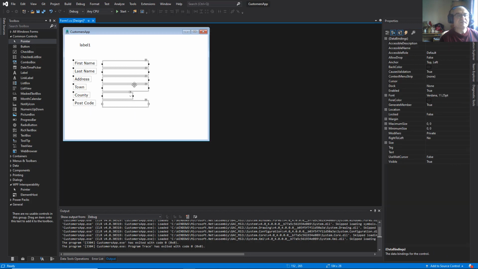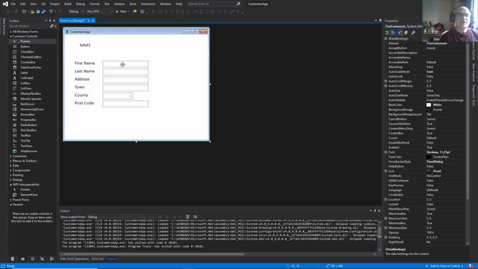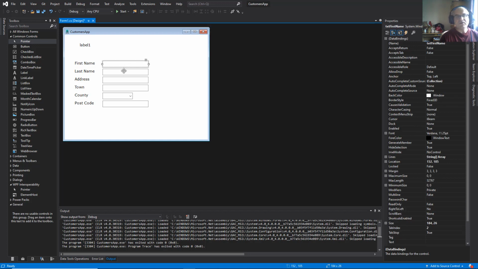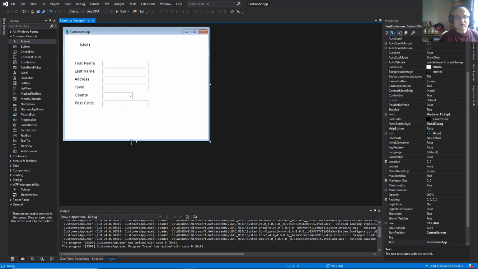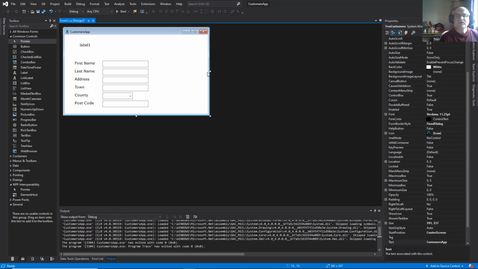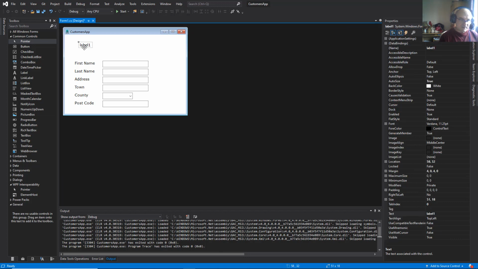So these are the entry data for the customers: the first name, last name, address, town, county, postcode, and these are the text boxes which will take over all this entry data of a certain customer. First name, last name, address, town, county, and postcode. Let's make it smaller. All right,